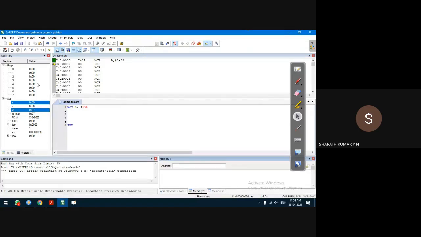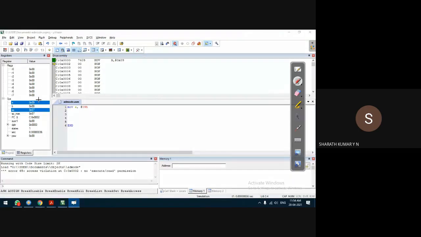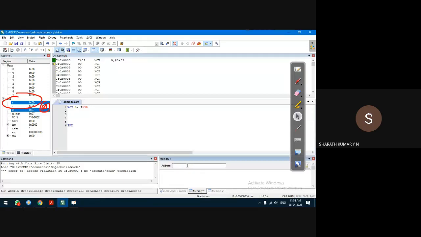Accumulator is part of the internal data memory. To observe the internal data memory, click on the address space, this editable space. Type capital D. D stands for data memory. There are three memories we can access here.